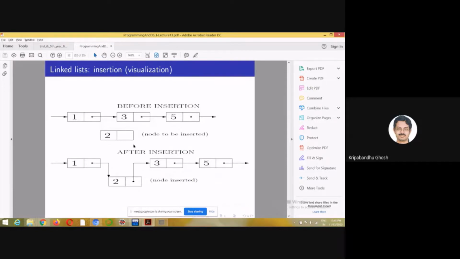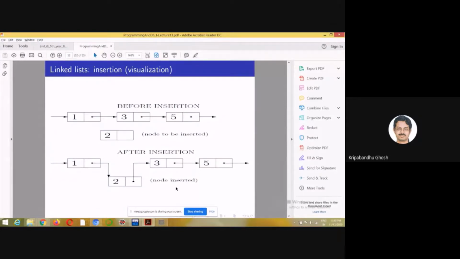But here what you do is you change this pointer to this location. This is the starting address of this node, and you change the pointer of this to this. Then when you traverse the linked list, it will become 1, 2, 3, and 5. So it traverses using the pointers only.